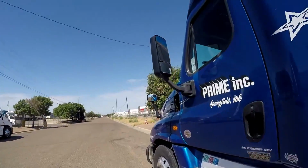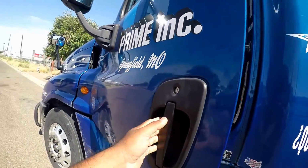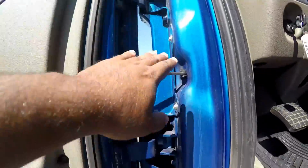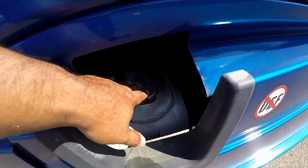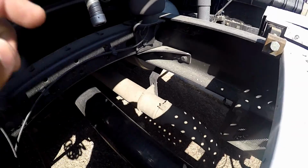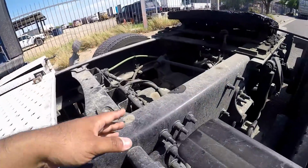All right, guys, so I just explained a little bit about every part of the driver's side pre-trip. I'm going to go back and point every part of it out. So we got the mirror, the door, the door latch. Make sure it opens and closes properly. The door seal, the door hinges. Then you come back to the fuel tank, the fuel cap. Then you work your way back over here, in this case, to the exhaust, the drive shaft, catwalk and steps, frame and cross member,